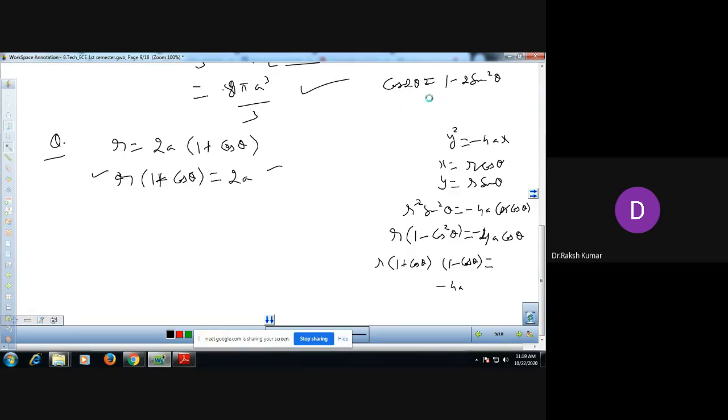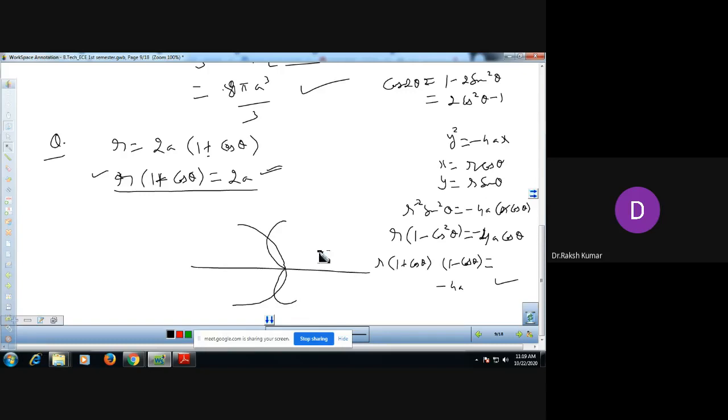And we have another formula of cos theta, that is 2 cos square theta minus 1. This is also the formula we have. So you can apply whichever formula is applicable and convert the equation into this form by using the polar coordinates. But you must remember, this is a standard equation of a left-handed parabola. And your shape of a left-handed parabola is like this on the left-hand side. And you also know this is a positive sign, so left cardioid is there. So left cardioid shape, we have just done the question related to that.